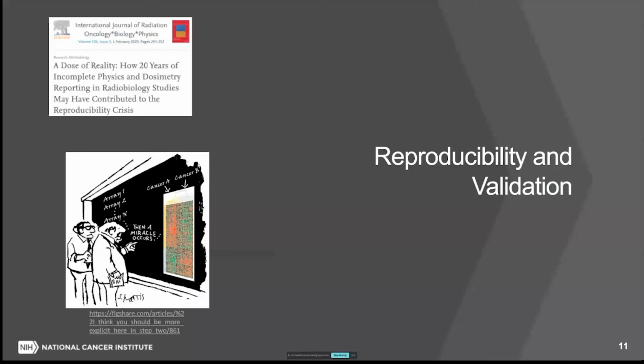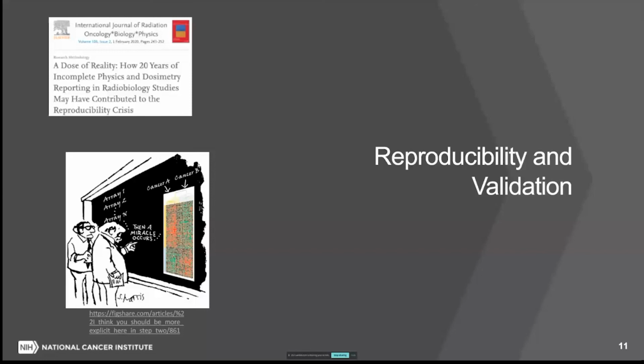So, reproducibility and validation. This is a big deal, and it's not something that is typically discussed. And one of the primary focuses, I believe, of a successful VRBL and all science going forward has to focus on this as something that is going to be, one, acknowledged as a problem, and two, mitigated as much as possible. There are a number of papers.